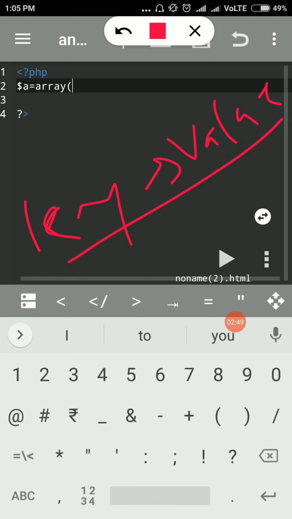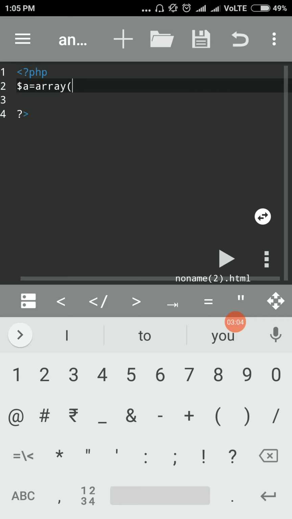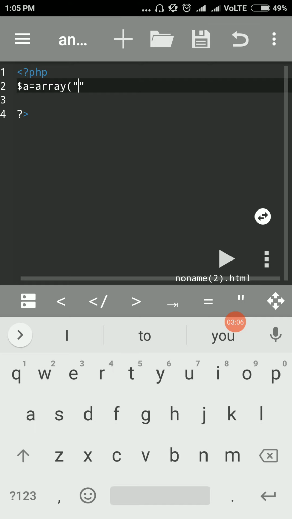Keys are always used as a string value, like your SA is a string, and the value is 20, or 30, whatever you want to take, you can take the value there.